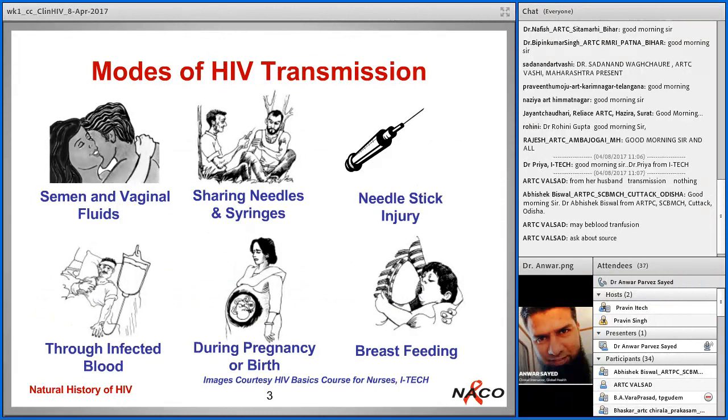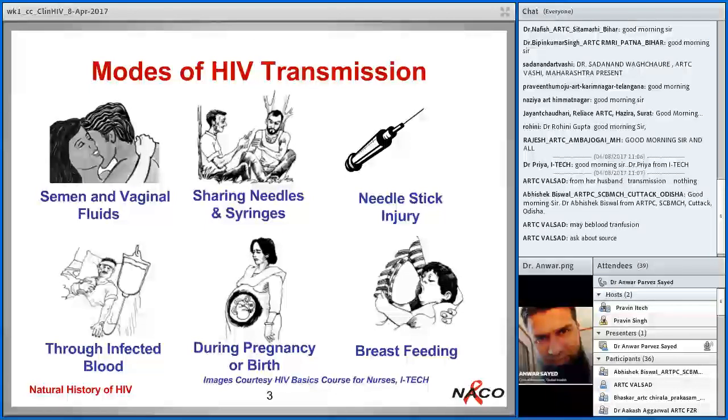So this takes us to modes of transmission of HIV. We very well are aware that, most broadly, there are 4 modes of transmission. Sexual route through semen and vaginal secretions, sharing needles and syringes. This is not needle stick injury directly. Sharing needles is different from needle stick injury. That's why these two things have been kept separately in this slide. Needle sharing is something which is very risky. People who inject drugs are called PWID. Earlier they used to be called IDUs, injection drug users. Now the current term which is being used internationally is PWID, that is people who inject drugs.